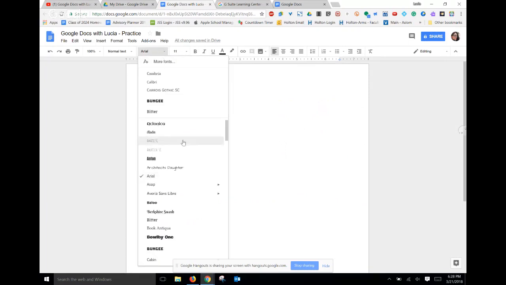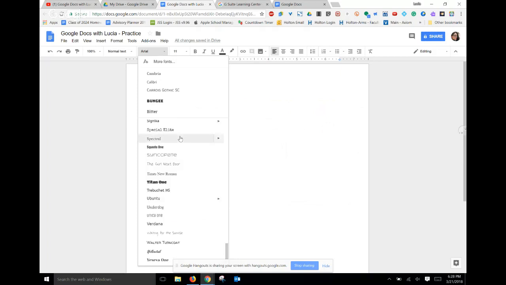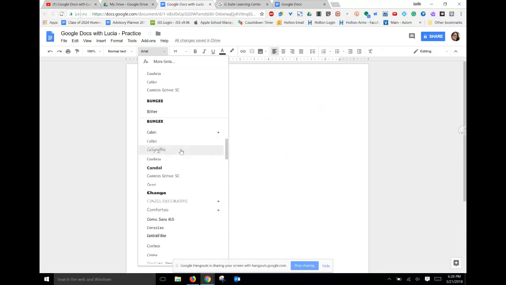Now, when I click on this font list, most people skip right over this very first one. It used to be on the bottom, but Google switched it to the top because they noticed that people didn't realize. Well, as you can see, my font list is way longer than probably yours is. That's because I added a bunch of fonts. Because when you go to more fonts,